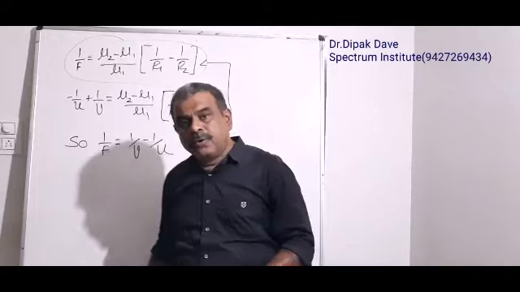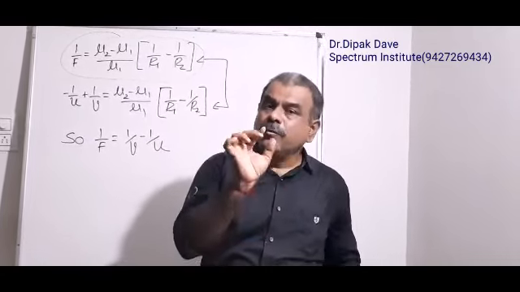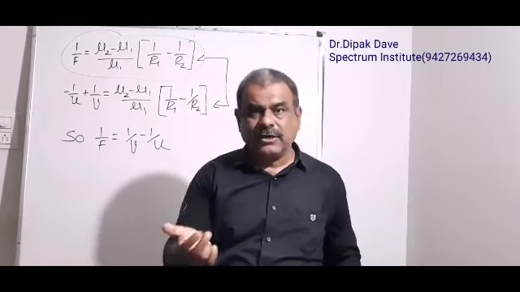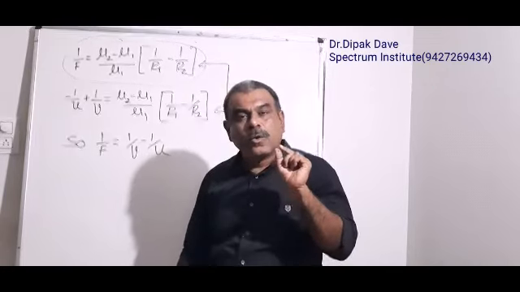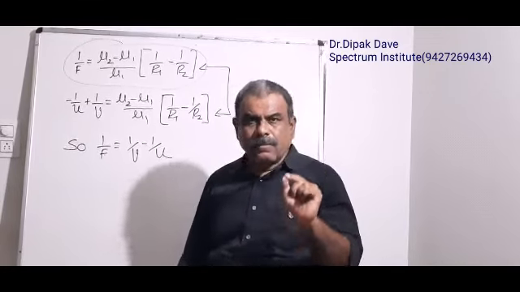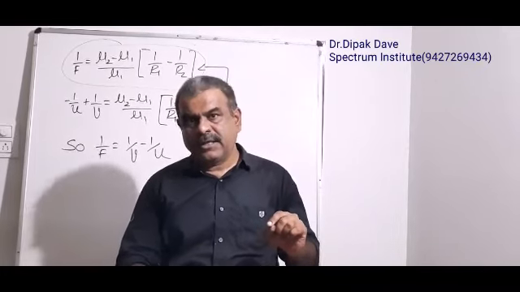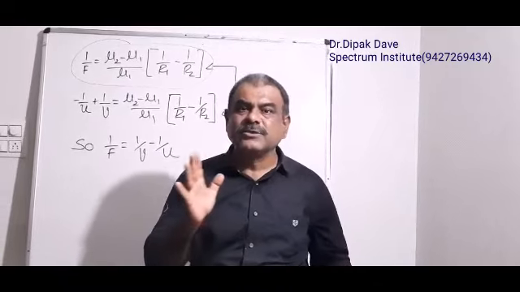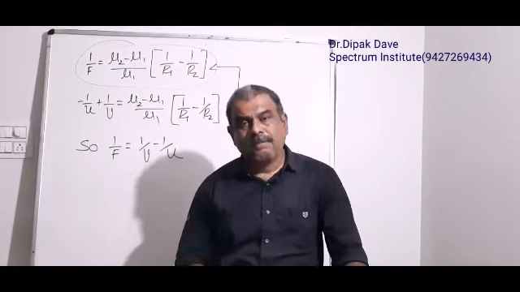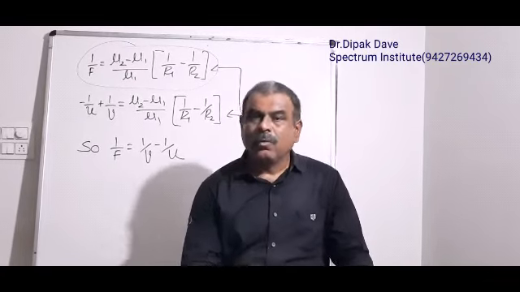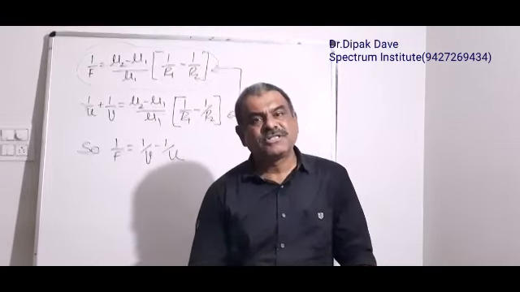But before that, to enjoy physics, I am giving two questions which you have to answer in the comment section or by WhatsApp. For a convex lens, what is the minimum distance between object and image, and what is the maximum distance between object and image? In the same way, for a concave lens, what is the minimum distance between object and image, and what is the maximum distance between object and image?